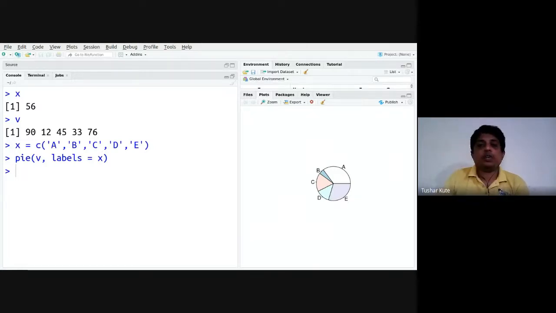The second kind of plot we use is a bar plot. I just want to show this data in bar format. So you can use the barplot function.